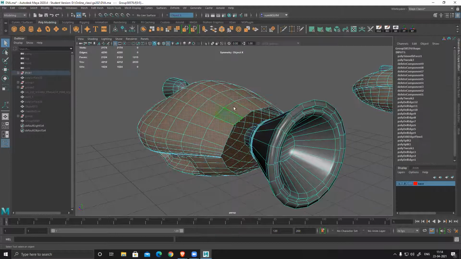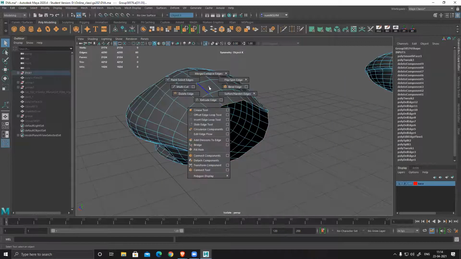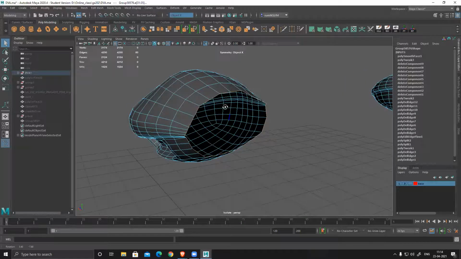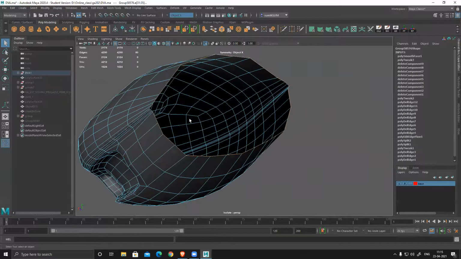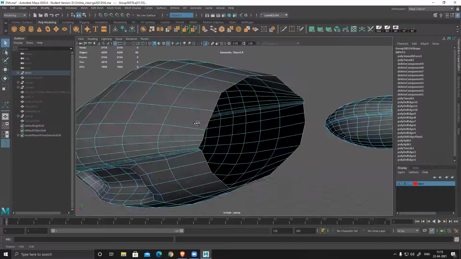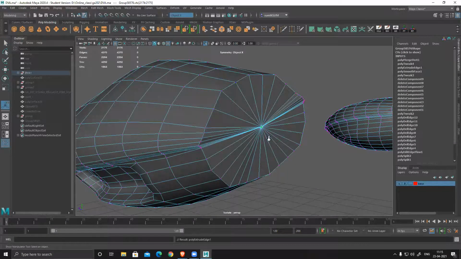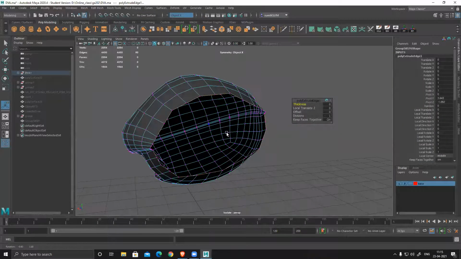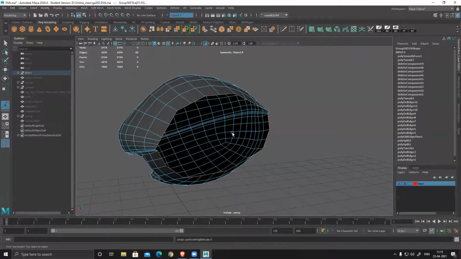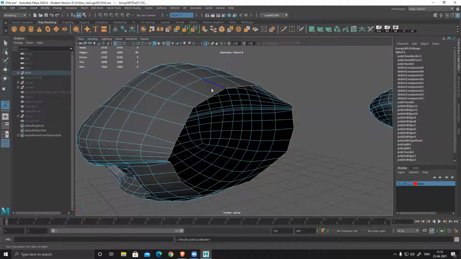Now I need to cap it, obviously. Isolate. I can extrude it, or I can just simply collapse it. I can do this, but this is not the right way of doing it. It should be highly optimized. So, just right click, fill hole.